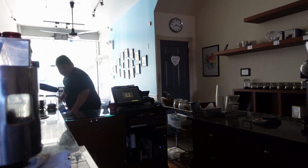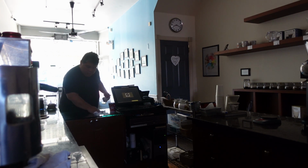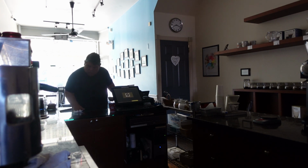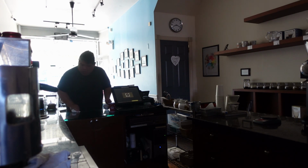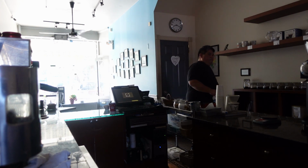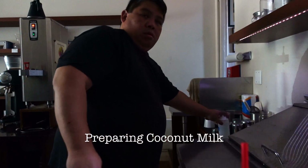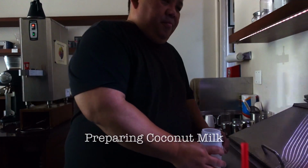bottle case. So we keep Topo Chico and Mexican Coke. And then, of course, we have a glass top pastry table or display. And so want to make sure that's clean. So we got some Windex or some glass cleaner, and we just set that up and get the place ready to go. And also part of that preparation is always trying to keep up with the different ingredients that we